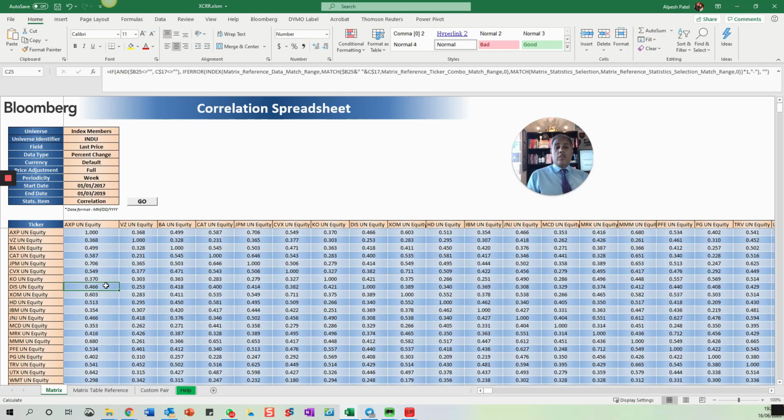People buy stocks in baskets. So sometimes people think, oh, how do I make sure all my eggs aren't in one basket? I know, I'll pick companies in different sectors. That's not necessarily enough because if they're part of another index, they might be, as you can see here, correlated.